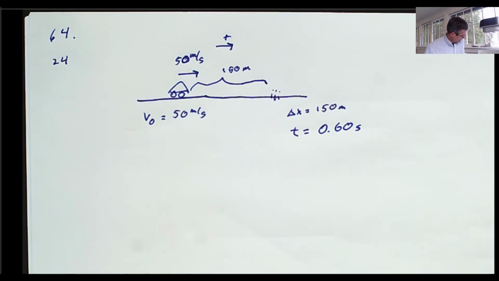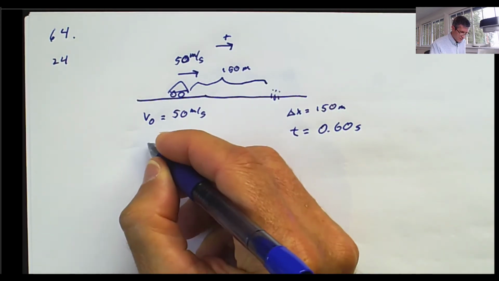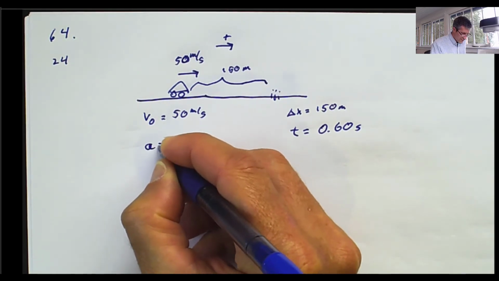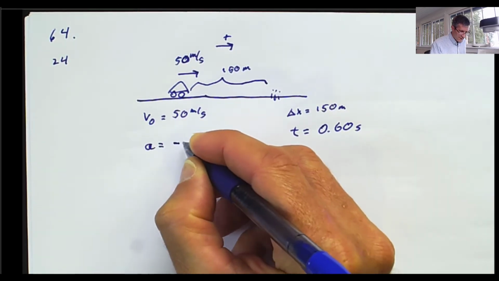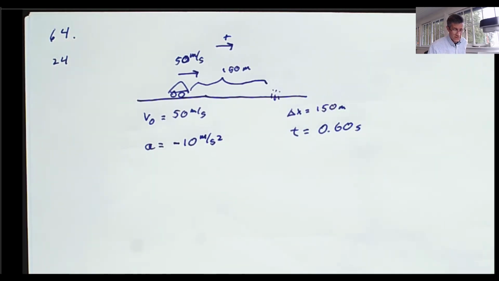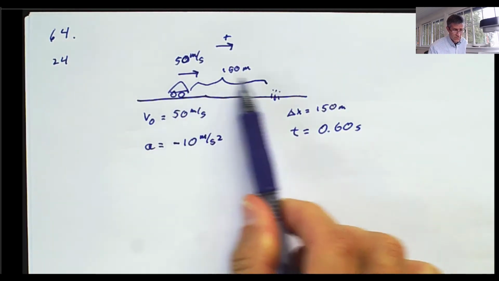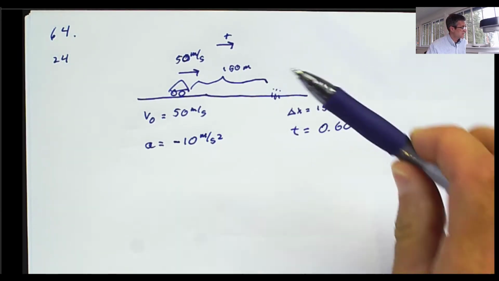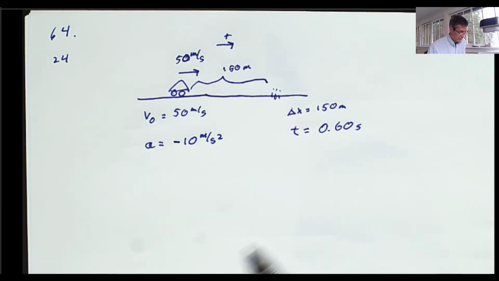And his car's maximum deceleration, so I'm going to call this negative acceleration. So the acceleration is going to be in the opposite direction at 10 meters per second squared. They call it deceleration, so I want to be careful about this, right? If I'm going in this direction with positive velocity, acceleration is going in the opposite direction. So I'm going to be careful with my signs, make sure I get that right. Does Bob stop